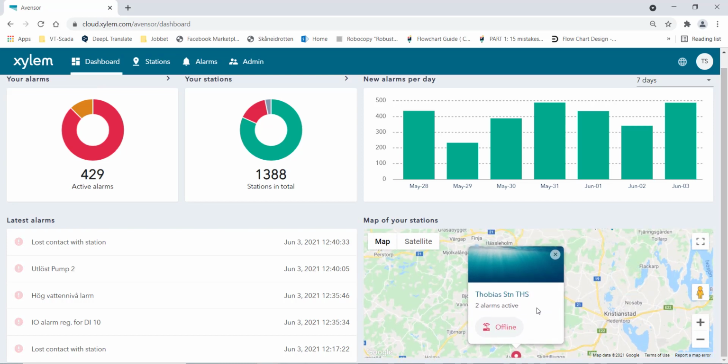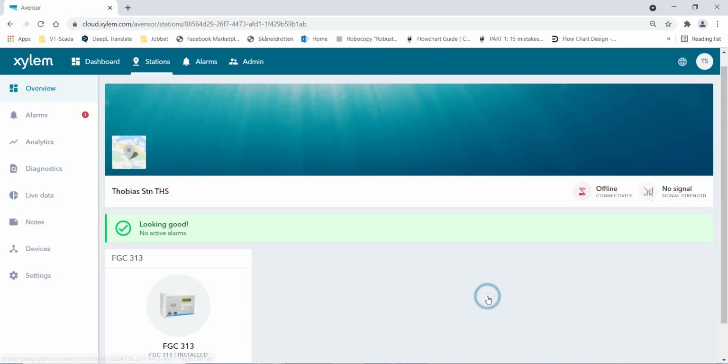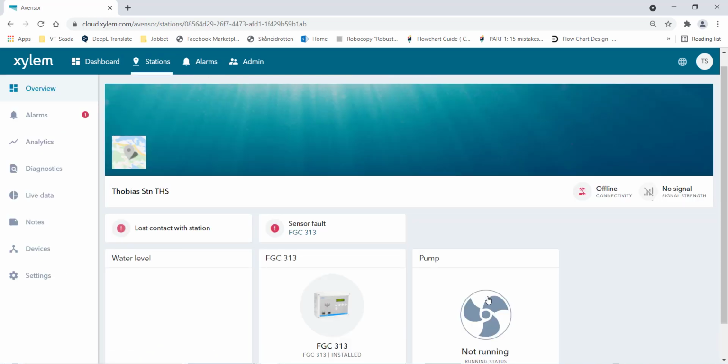And if I want to go into that particular station, I also click. Then you come to the overview on that station, and you also have the alarms listed here. And if I click alarms, we are back where we have been most of the film.